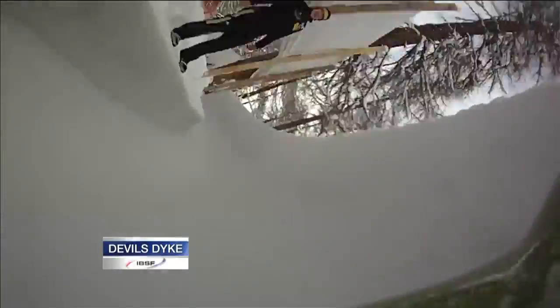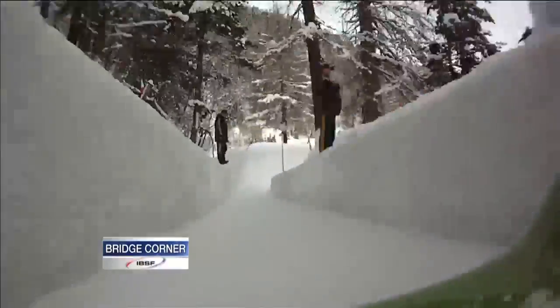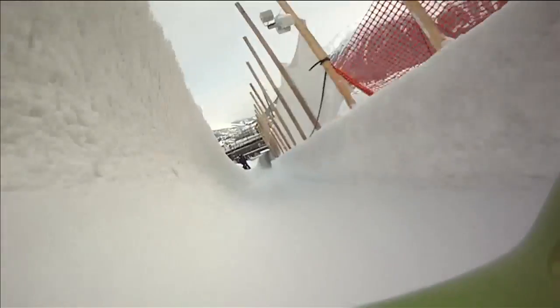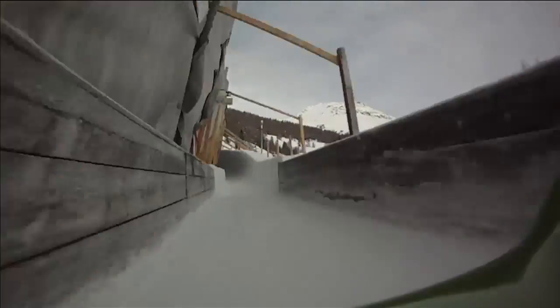Look at the names on these curves. These names were given to these curves over 120 years ago. Devil's Dyke, Nameless, Bridge Corner. It is just unbelievable, the tradition on this track and the speeds. Gunter Sachs down here, the sleds will reach close to 90 miles an hour today into Portago,